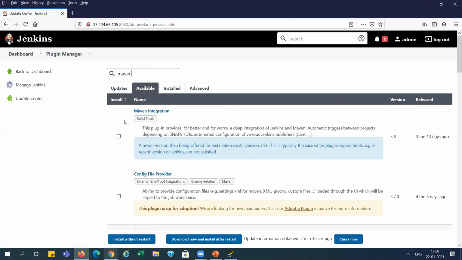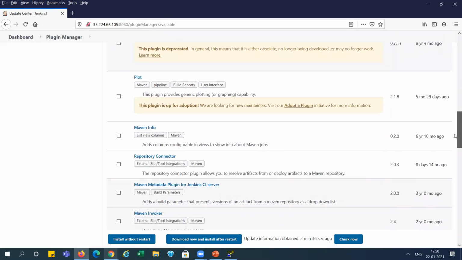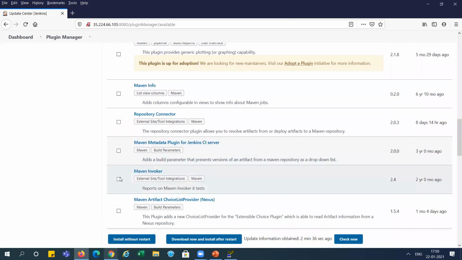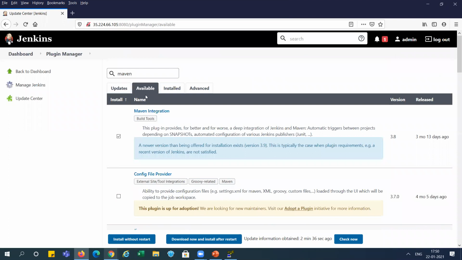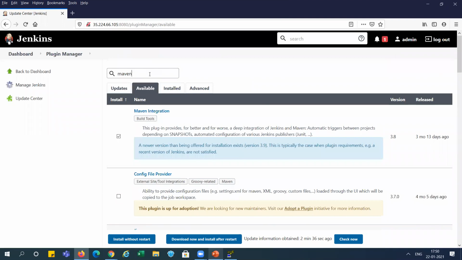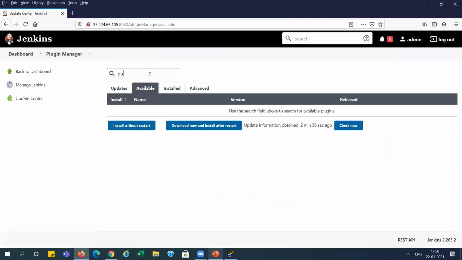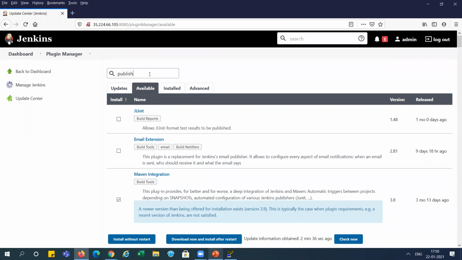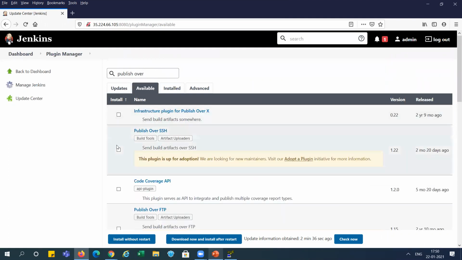Maven, Maven integration and Maven invoker required. You can see here, we need GitHub, Maven invoker, Maven integration, and publish over SSH.